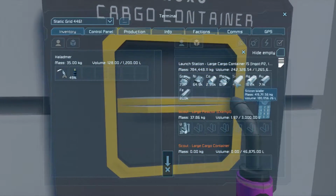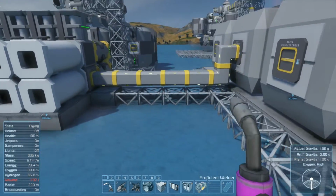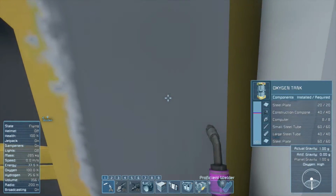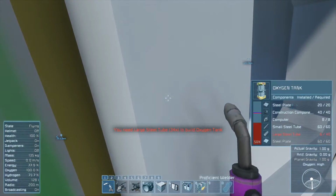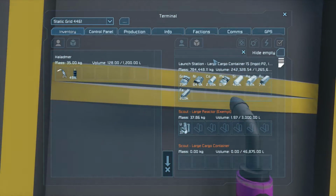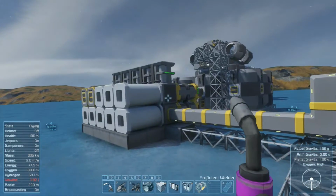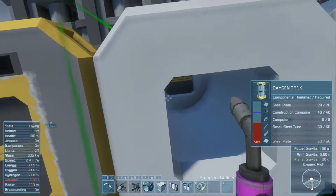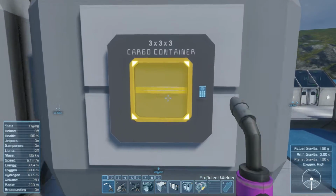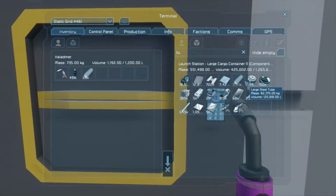There will be some more things that I'll do off camera, as far as finishing off some of this stuff, maybe going back and working on the base a little bit. Because I do want to get the hallways in over there, because right now everything's open air, and eventually I want to have this set up so that it is a completely enclosed base, because I want it to be able to blueprint it. Yes, I know that it's going to basically require a ridiculous amount of supplies to build,